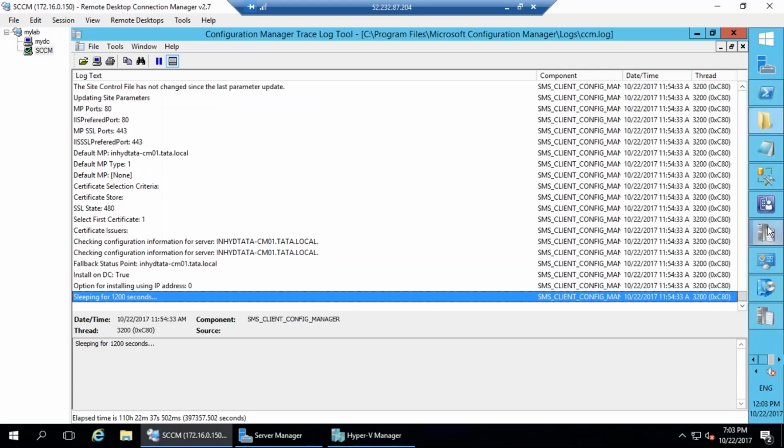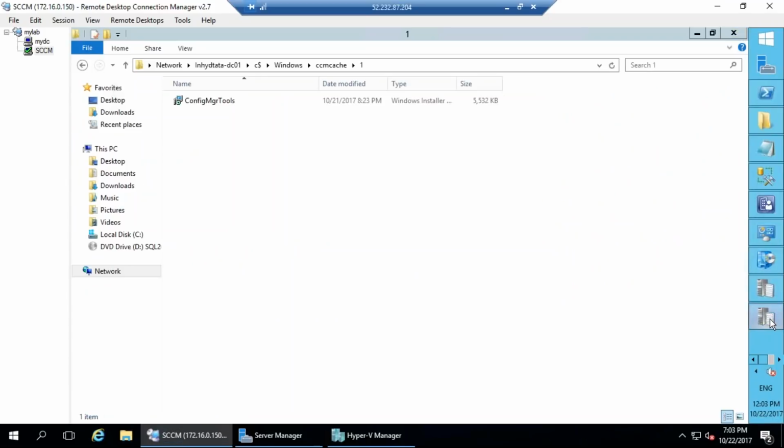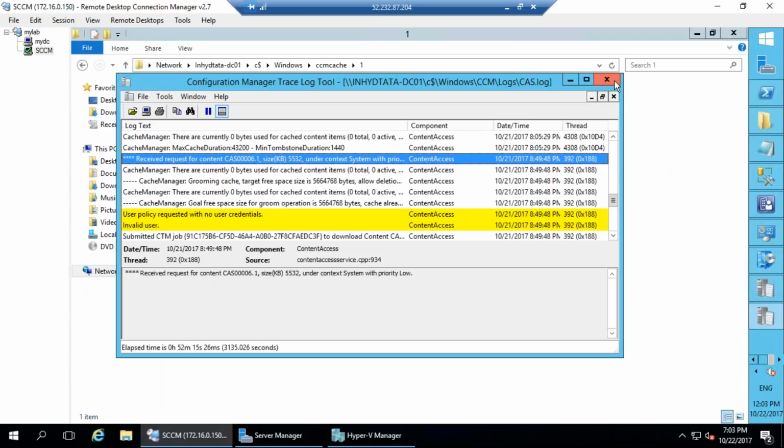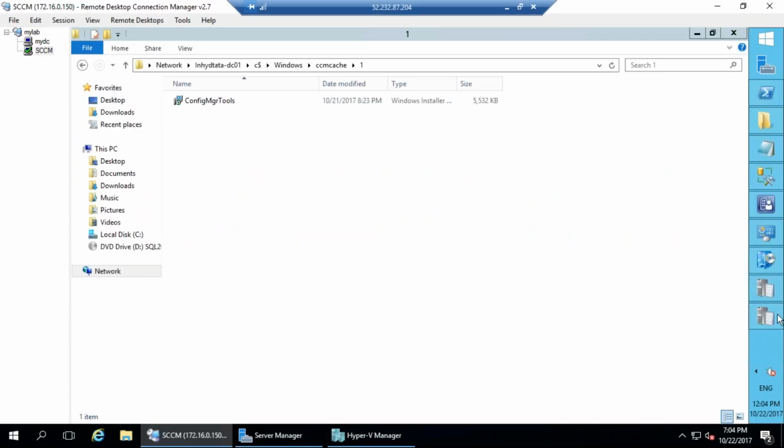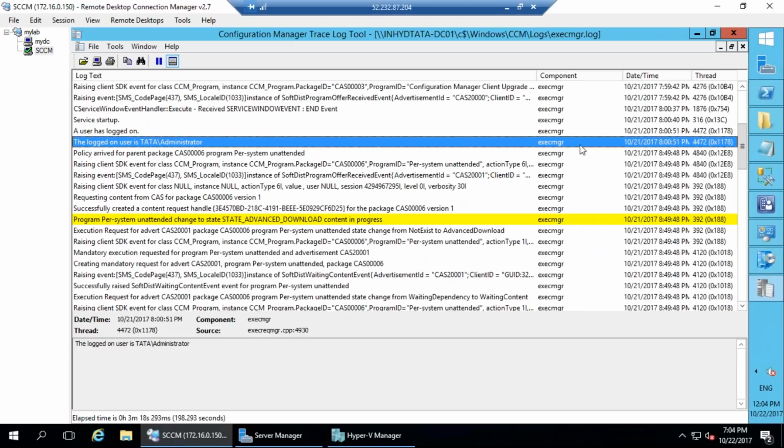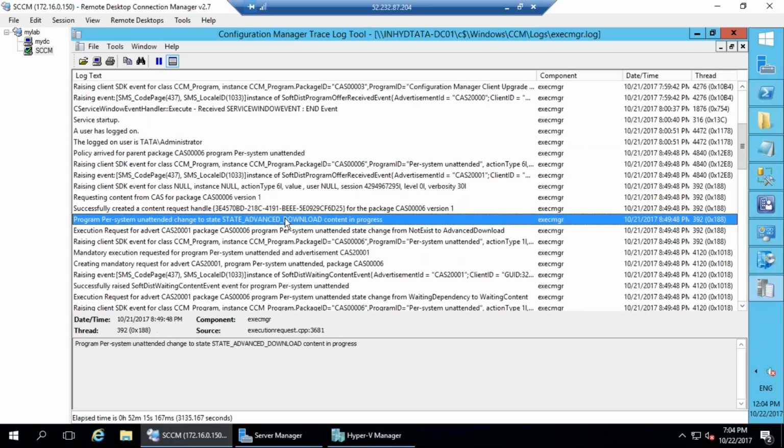Okay. So content has been this. What is the log here? Not that. This is... yeah. So let me open the log file. Content transfer, no, data transfer service. If you look at here, once the download content is in progress,